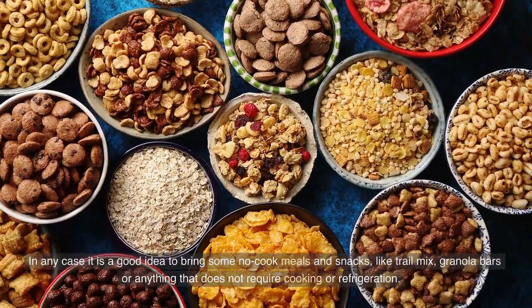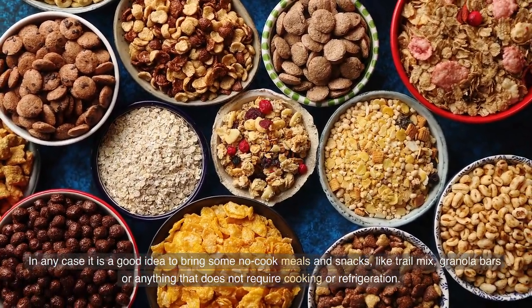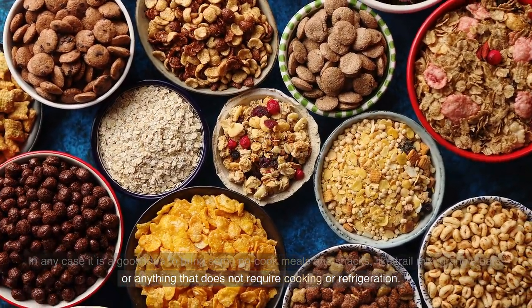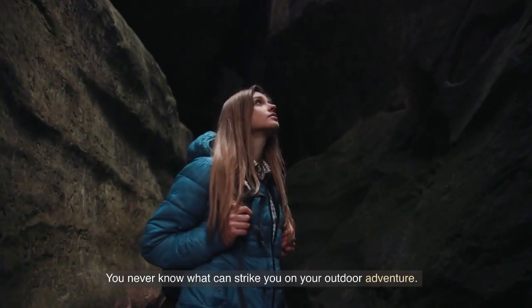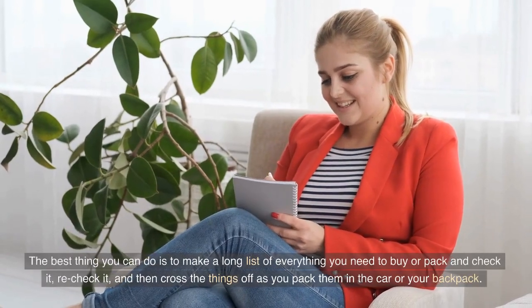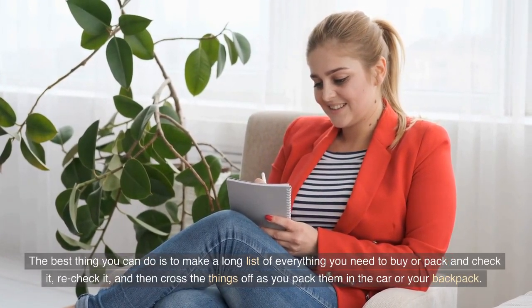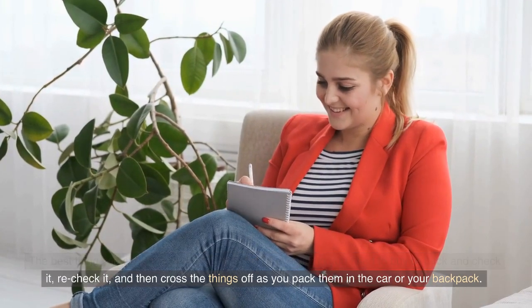In any case, it is a good idea to bring some no-cook meals and snacks, like trail mix, granola bars, or anything that does not require cooking or refrigeration. You never know what can strike you on your outdoor adventure. The best thing you can do is to make a long list of everything you need to buy or pack and check it, recheck it, and then cross the things off as you pack them in the car or your